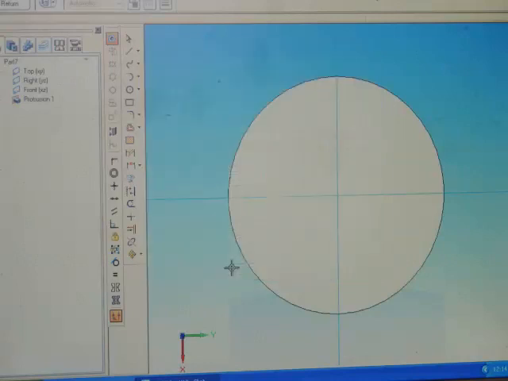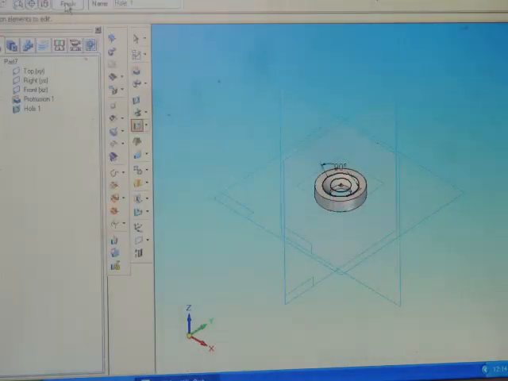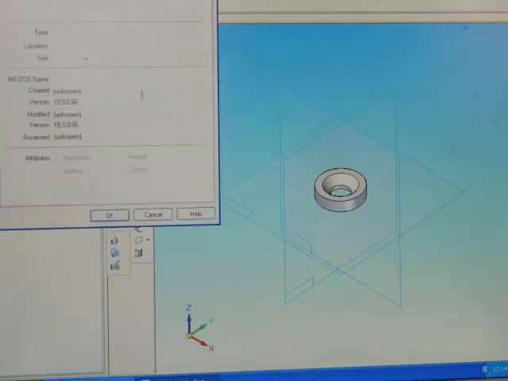Through all. Place it in the center. Return. Downwards. Finish. Cancel. Save.